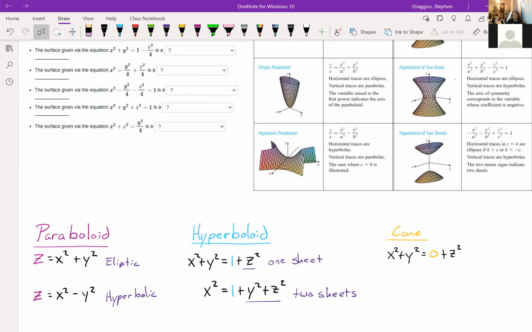So I broke things down into sort of 3 basic shapes to talk about what they're going to look like. I sort of excluded cylinders and spheres because I think those tend to be the easiest ones to look at. By spheres, I mean ellipsoids, whatever. So paraboloids, hyperboloids, and then cones. And my method for remembering which one is which,